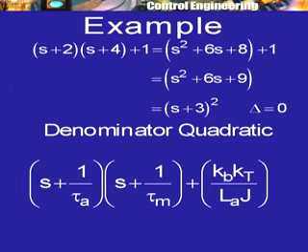I have the quadratic which looks like s plus 1 by tau m into s plus 1 by tau a into s plus 1 by tau m plus a coefficient which is kb kt divided by la into j. Now, from this example we see that the relative value of this with the product of these two is what is going to decide what is going to happen. The product of these two and their sum determines the coefficients of s and the constant in this part. To that we are adding another constant. Now, that can make the roots coincident, or that can make the roots even complex.